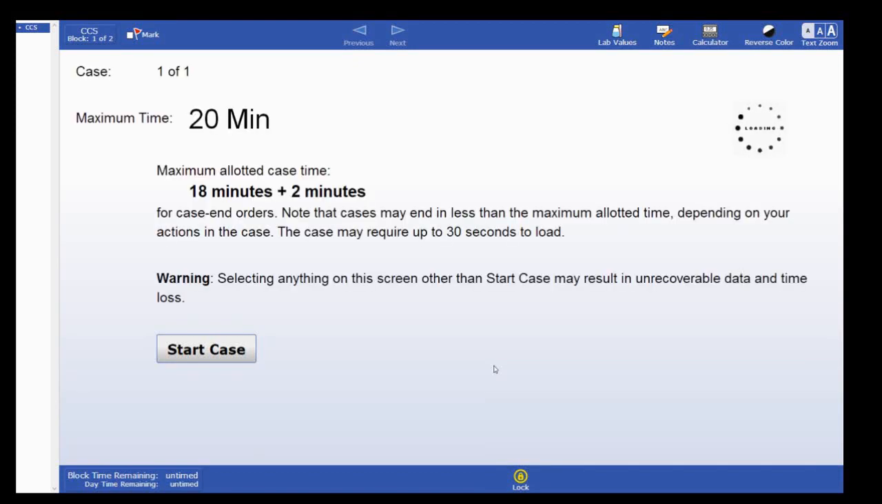Hello everyone. Today we are talking CCS, a very important section of the USMLE Step 3 exam, and for some students the most difficult one. We will show you how to work on CCS software and how to solve CCS cases